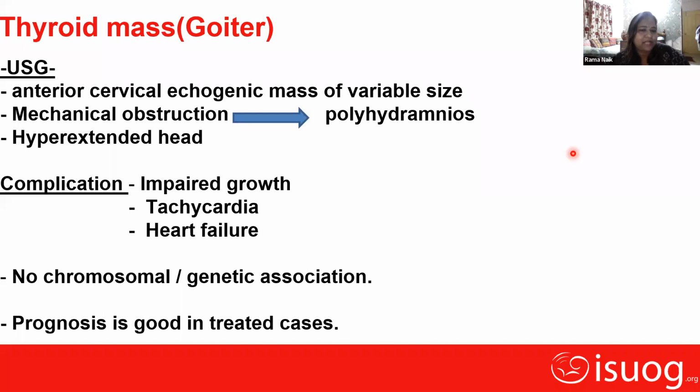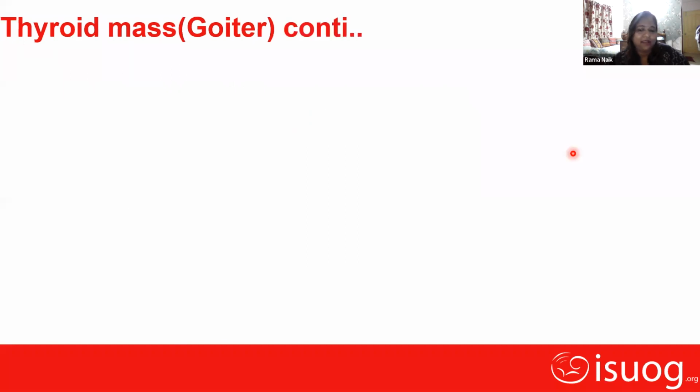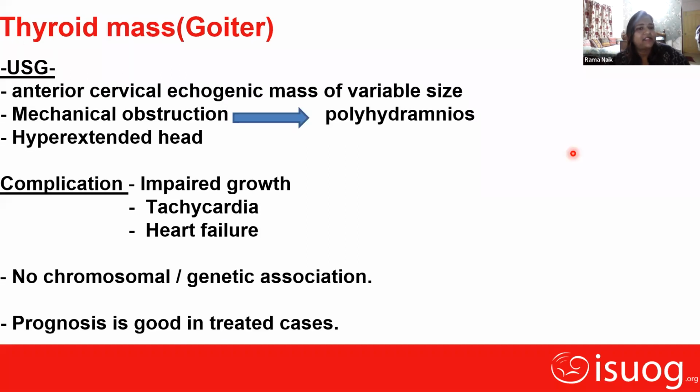Now, the thyroid mass or the goiter, which is not very common, we find rarely. So it's an anterior cervical echogenic mass of variable size, and mechanical obstruction can cause polyhydramnios. And when the mass is very big, we will see hyperextended head. And complications are growth restriction, tachycardia, heart failure, etc. There is no chromosomal or genetic association, and prognosis is good when the diagnosis is picked in time and proper